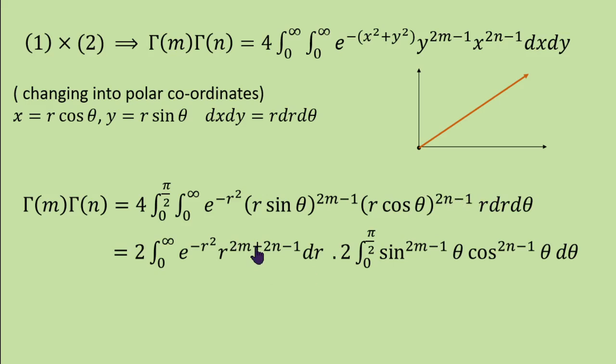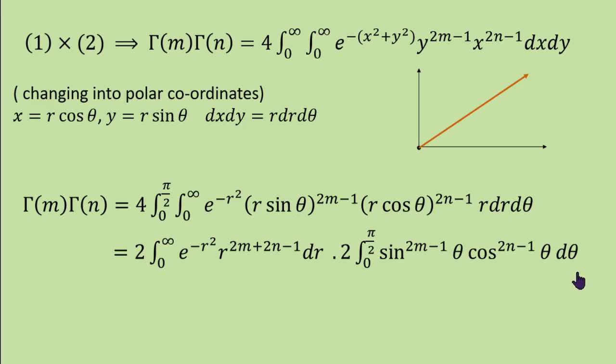Therefore, it is r power 2m plus 2n minus 1. See this: 2m minus 1 plus 2n minus 1 plus 1. Minus 1 plus 1 cancels, so r power 2m plus 2n minus 1. And for theta, 2 into 1 more 2, 2 into 2 is 4. So theta varies from 0 to pi by 2, sin power 2m minus 1 theta, cos power 2n minus 1